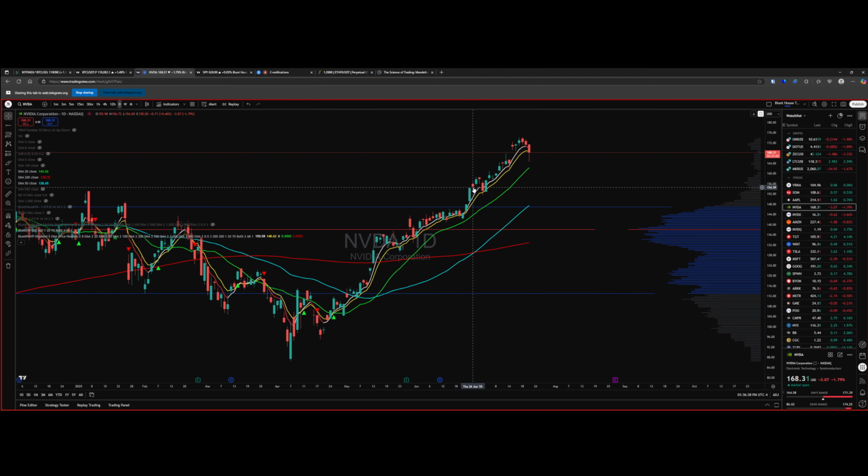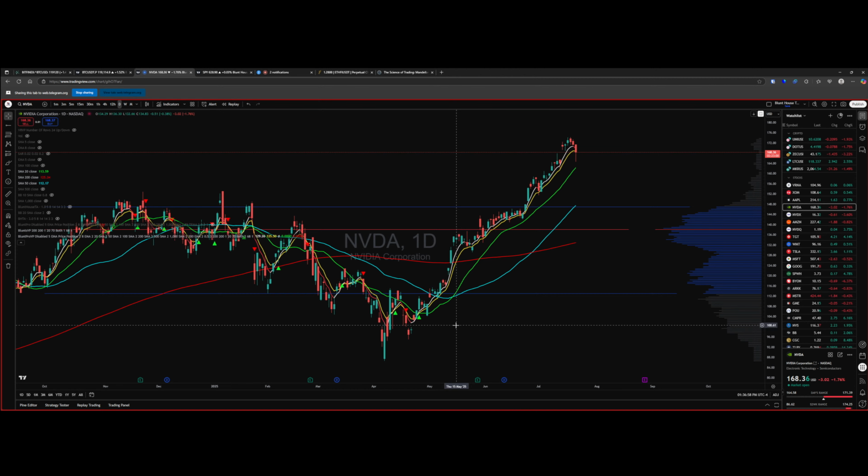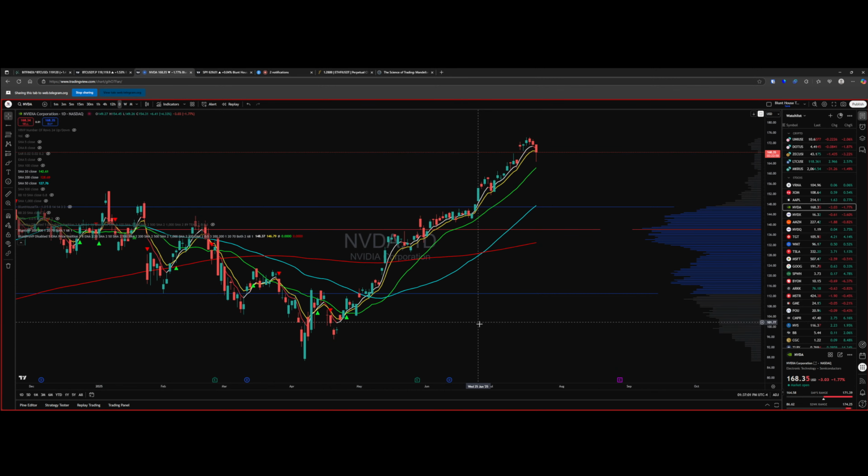$150, I'll just say 155. You know, the bottom of here, these two candles, will probably be an attraction for price. And guess what? Lo and behold, like we showed on the other chart, I bet you the 50 lines up with it at 1.2. I mean, this is just fractal stuff.